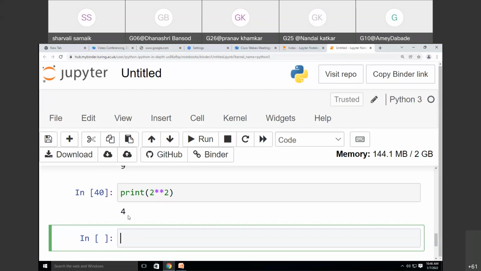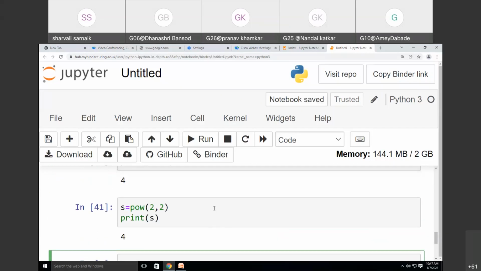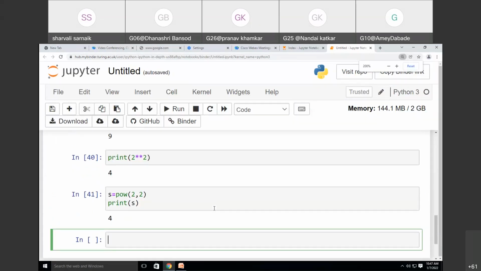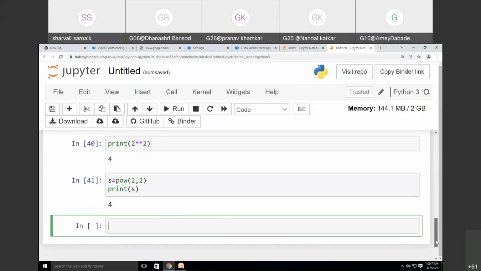So I will write, let's take a variable s. s is equal to power of 2, comma 2. And I will write print s. When I print this, again it is giving me the same answer as earlier. So this means you can use the power function to find out the value.